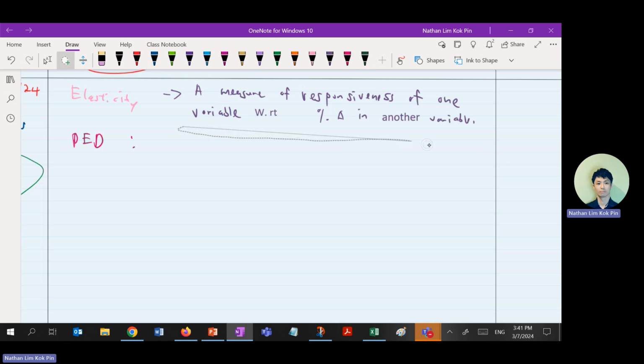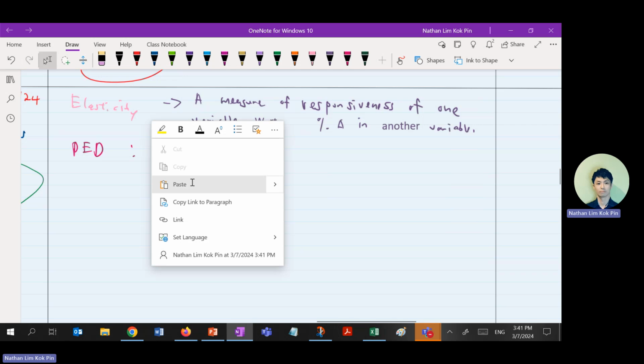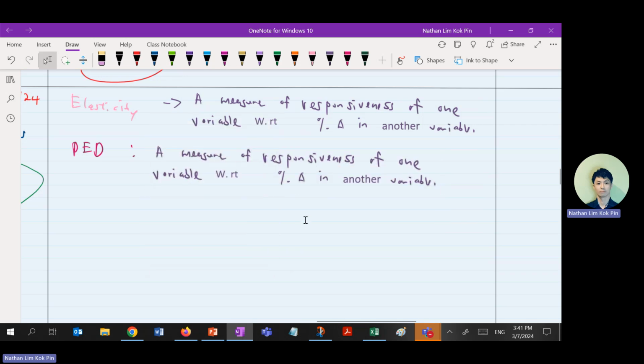I'll copy, copying is easier. PED is a measure of responsiveness of quantity demanded with respect to